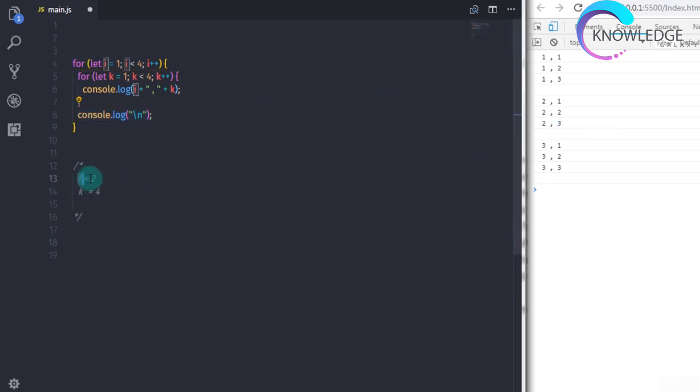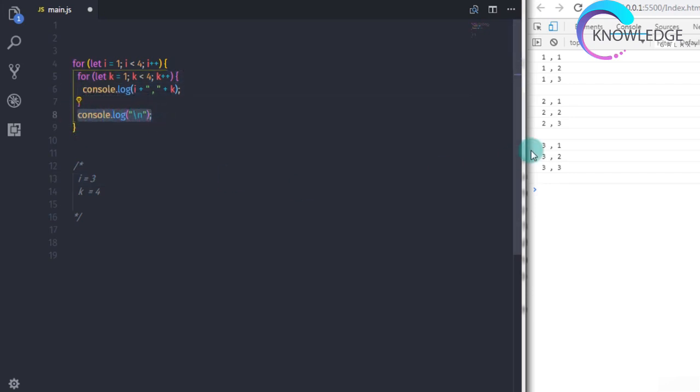After that, i will become 3. So this statement will increase the value of the i variable by 1. So the value of the i variable becomes 3 and it checks the expression. This expression checks 3 is less than 4 or not. So now this expression returns true and executes the for loop again. So this for loop executes 3 times. So you will get 1, 2, 3 on the console with the i value. So now you have 3 in the i variable. So you will get 3, 3, 3 on the console and the value of the k variable, which is 1, 2, 3. So when this for loop terminates,